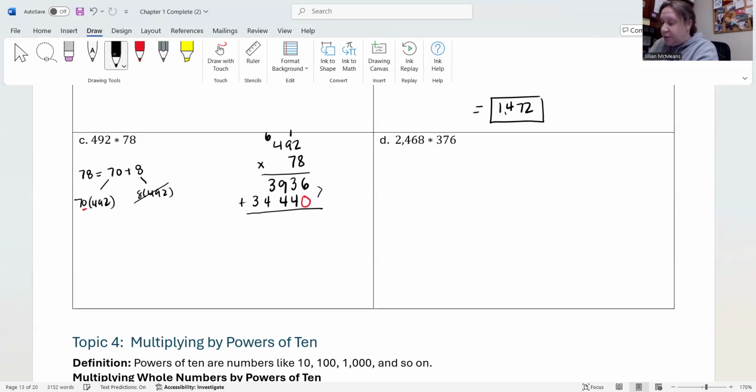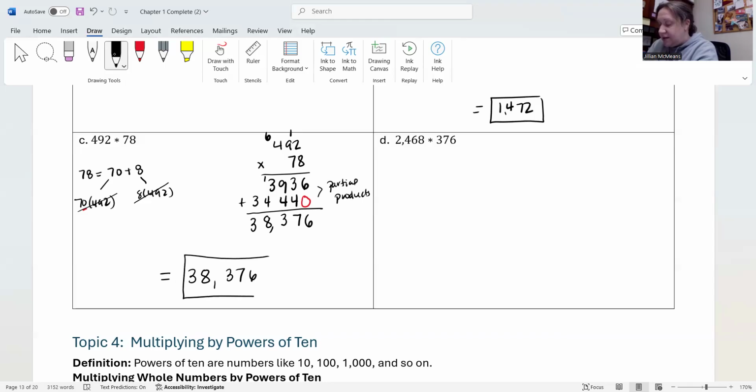Now these are my partial products. The first row is the 8 times 492. The second row is the 70 times 492. If I add these two partial products, I get my final product. So 6 plus 0 is 6. 3 plus 4 is 7. 9 plus 4 is 13, so keep a 3, carry a 1. 4 plus 3 plus the 1 that I carried is 8. And there's nothing to add with a 3 here, so I just drop it down. So I would say my final product is